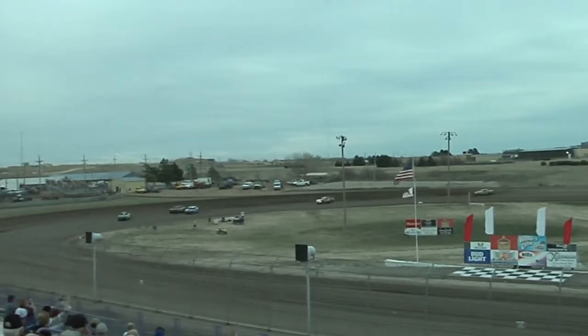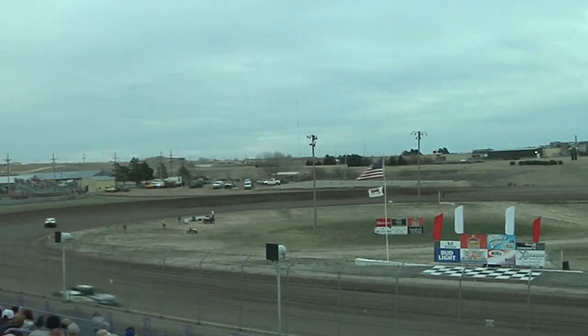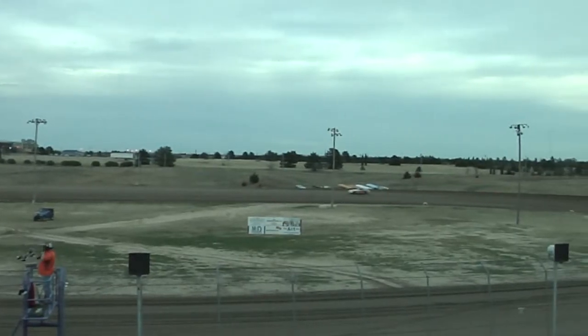Checkered flag. It's going to be Casey Woken, Tyler Tipton, but the battle's still on for that third spot. Jason Davis, Remus, and then it will be Cody Zimmerman rounding out